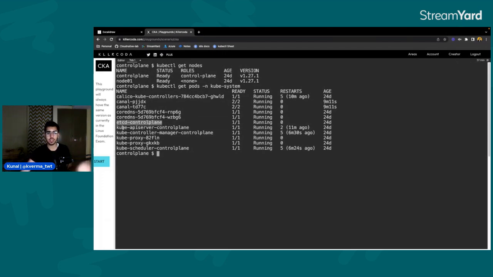So if you want to see the control plane components, one is etcd, the data store that we just talked about. The kube-apiserver is running, the controller manager is there, and the kube-scheduler is also there. How can you tell that these are running in the control plane? You have the name controlplane written in front of them. There is a reason why the name of the node in which these pods are running is written, which is a separate concept called static pods, which we'll explore in a video of its own. But right now, just note that these are the components that are running as pods in your cluster. Additional things are running too, which is kube-proxy. Kube-proxy is also running as a pod.